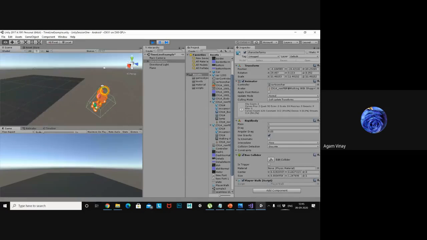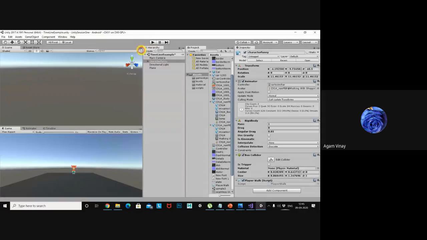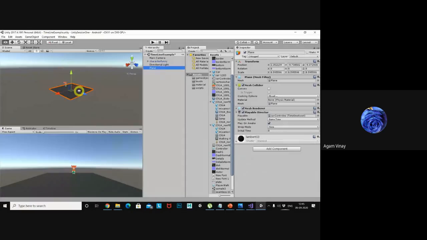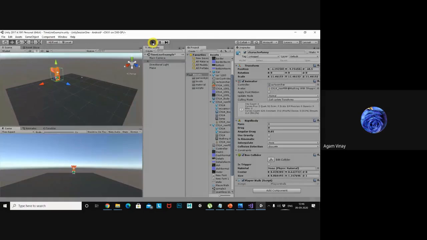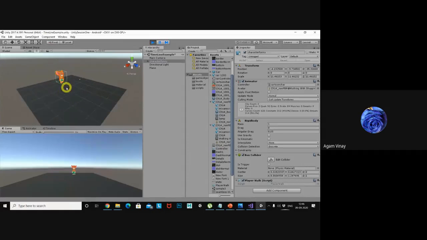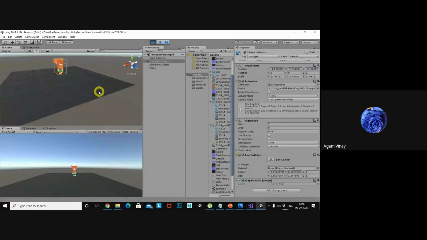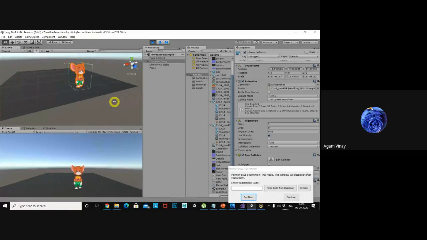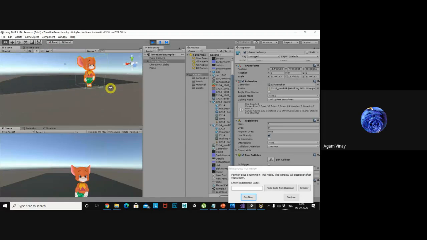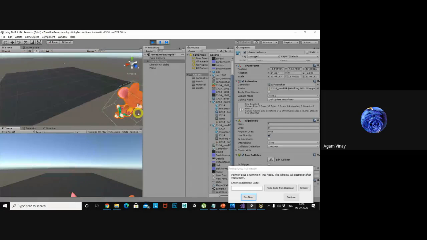So it's falling. Why? Because it has a rigid body, so it's falling outside of the plane. So whenever you are outside of the box, you will fall.